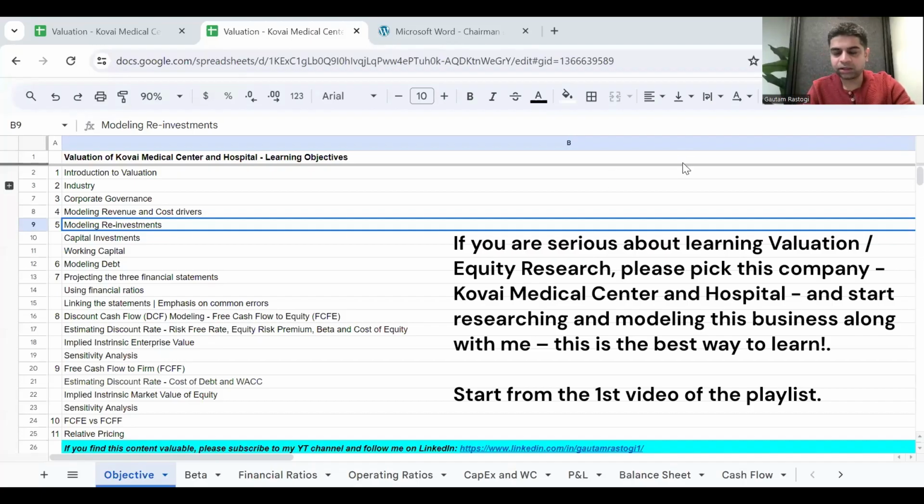Hey, hi. Welcome back. So until now, in the last module, we've modeled the P&L. We couldn't complete the P&L because it has a dependency on the other financial statements. So in this module, we'll start modeling some of the balance sheet